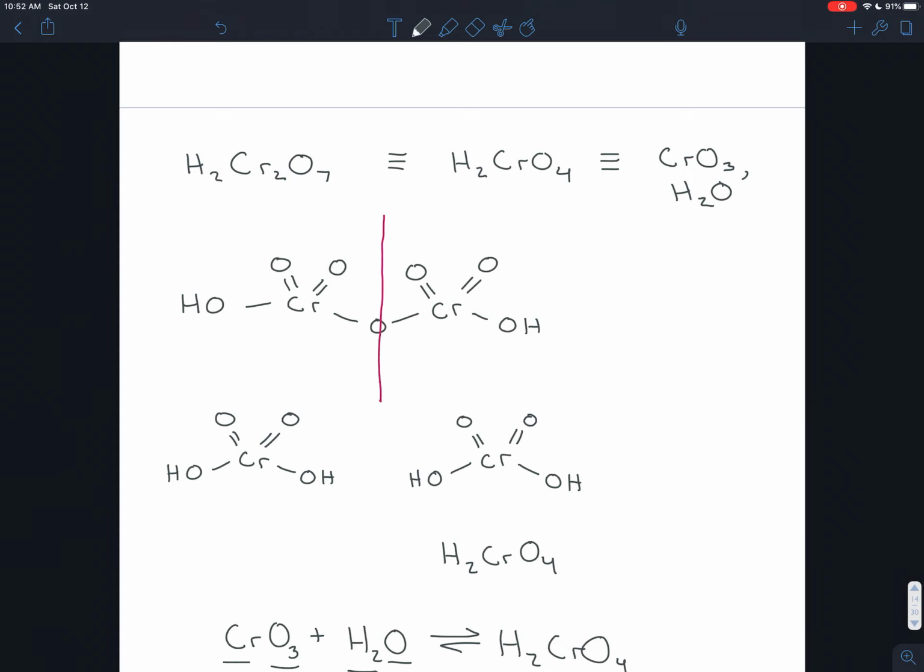All of these will always do the same thing. They're going to oxidize stuff. They'll oxidize the benzylic position to a carboxylic acid. They would oxidize a primary alcohol to a carboxylic acid. So I wanted you to see how chromic acid can really be drawn in three different ways, just in case you see one of